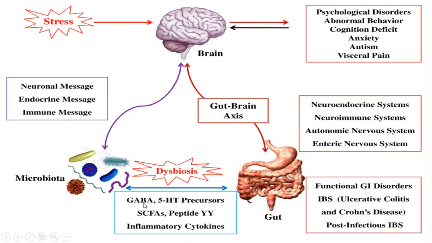And remember, GABA, serotonin, peptide YY, etc. are neurotransmitters present in the brain. These are common mediators which are targeted in any psychiatric disease. The same thing is present in the intestine. That is to say, any change in the brain, any change in psychiatry can also cause GI disturbances.